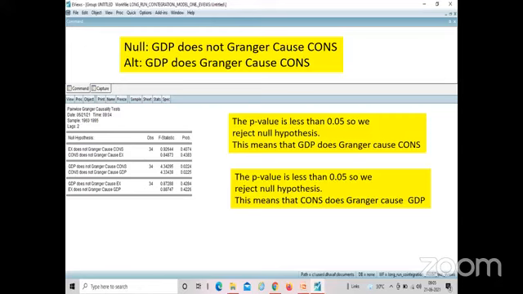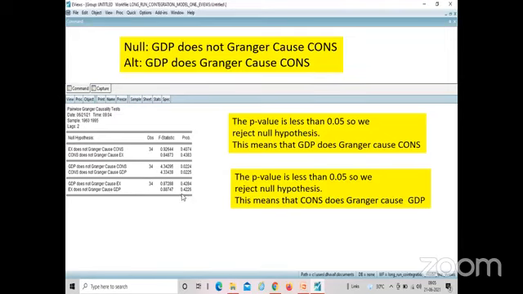Here, the p-value is more than 0.05 in the first case. Now understand one thing, it's very tricky to interpret. Export does not Granger cause consumption, right? And if we reject, if it is less than 0.05, we don't say that the consumption-to-export direction is not correct and this direction is true. No, not at all. Both directions are independent. Export to consumption is independent of consumption to export, and therefore individually they are tested.